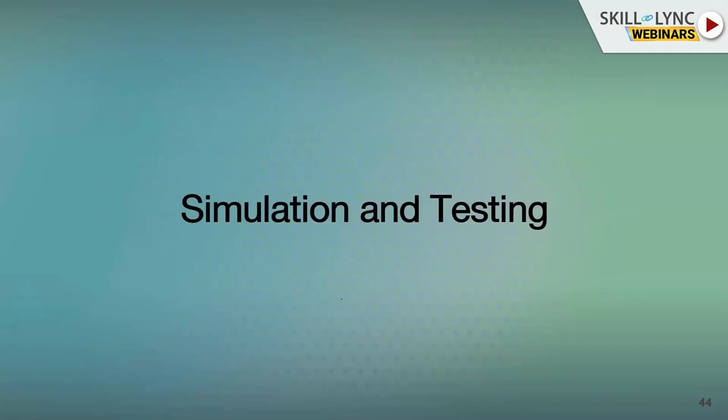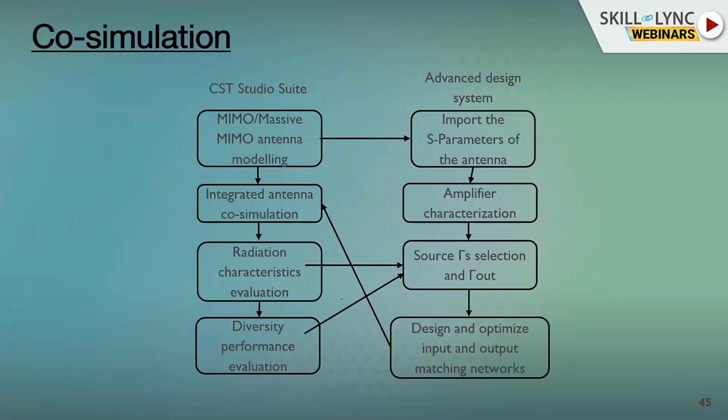And simulation testing, as we mentioned sometime before, we can't go for antenna element design separately and amplifier design separately. We have to go for integrated simulation, wherein we have to aim for better radiation characteristics and better impedance matching parameters, right? So impedance matching between your antenna and the amplifier. For example, sometimes we get better impedance matching, but when you look at the radiation characteristics, they will be much poorer. So that should not be the case. We have to compromise between both, and also diversity performance, because we are using MIMO.